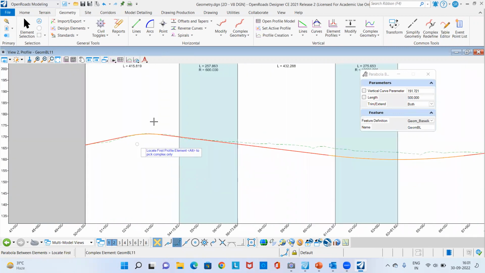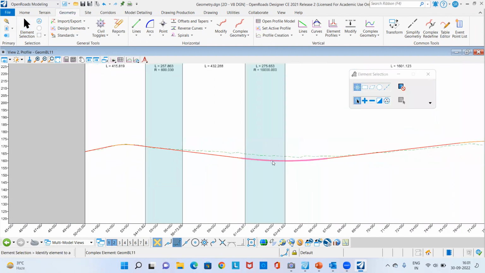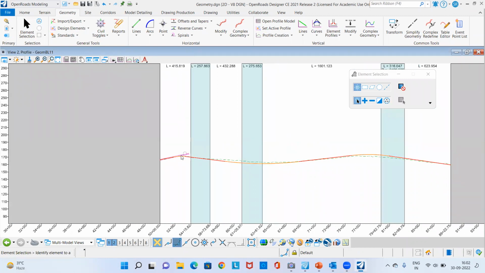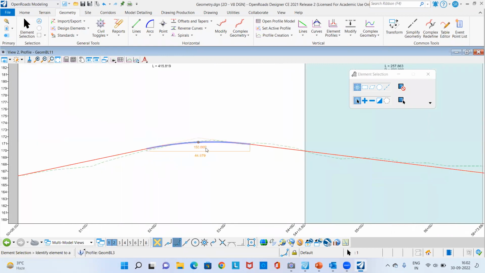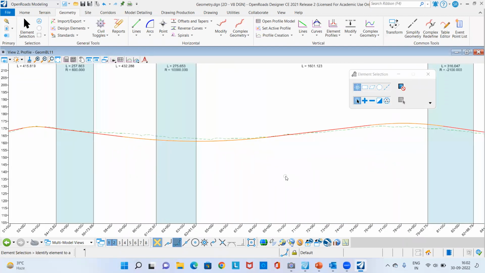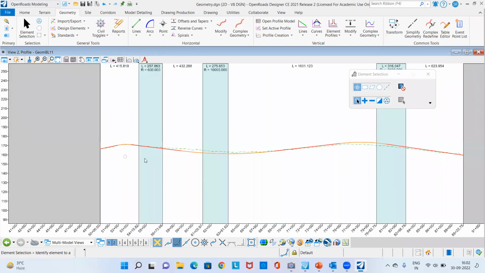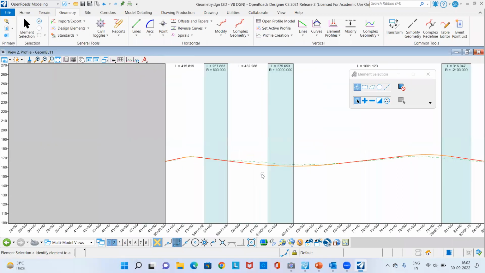In the same way, if you want, you can modify the alignment. Let's say I need to change the curve from 600 to let's say 1000. So you can adjust your profile precisely to minimize the cut and fill so that it blends with the natural